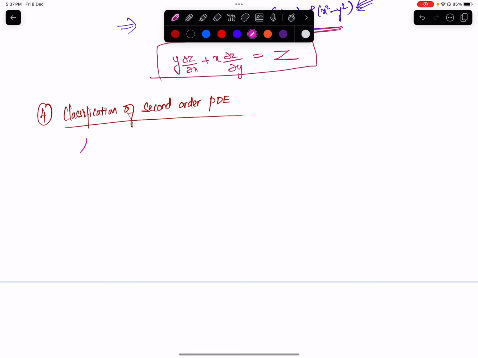A linear second order PDE in two variables has the general form